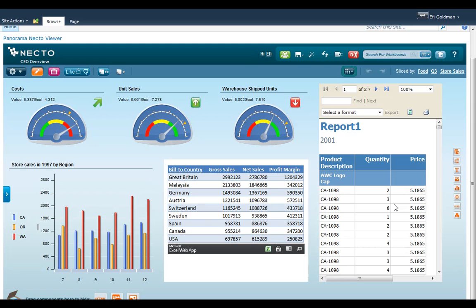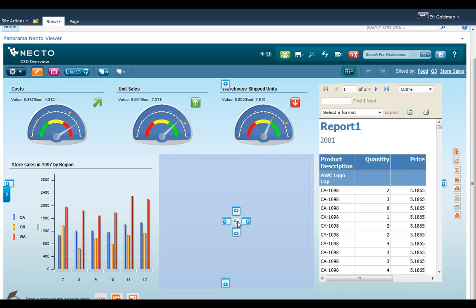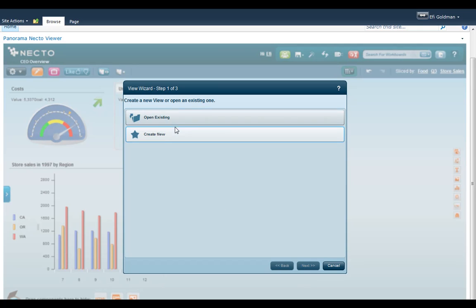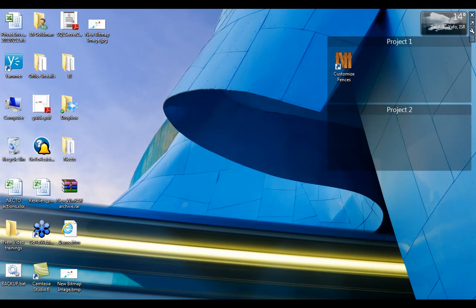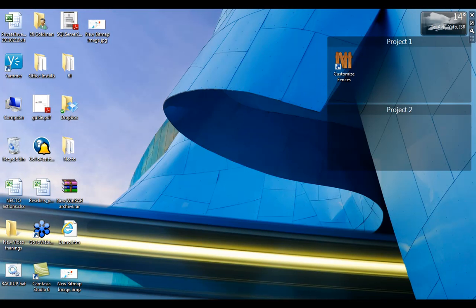Let's add to this workboard some tabular model details. So I'll take the view component here and I'll put it instead of Excel Services. Now before I continue and select the data that I would like to choose, let's see the SQL Server 2012 which is installed on a server. So now we can see the database. We can see several tables that exist in it, and we can also browse the data from here. Let's go back to Necto